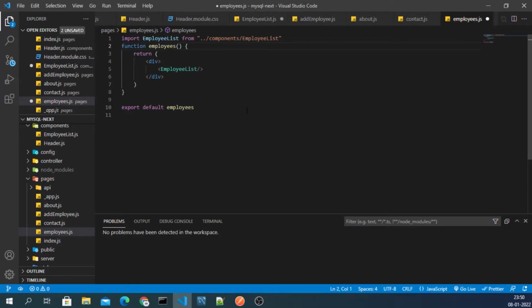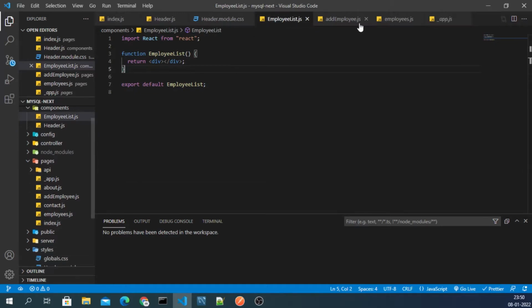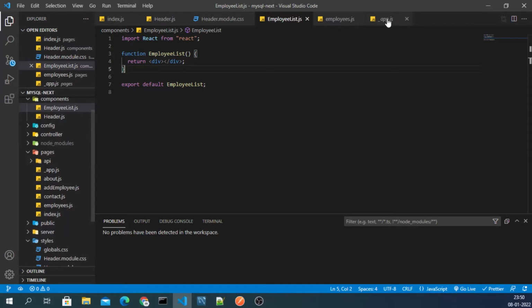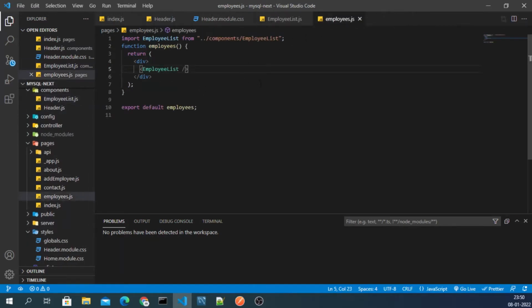So now what we have to do, let me just close all the unnecessary tabs. Right now we are working only in employees. Now I will use getServerSideProps to fetch all the employees.